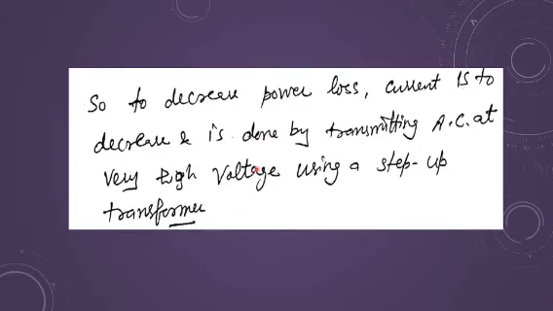So that is why when we transmit the AC, we are not transmitting at 220 volts which you are getting at your places. We are doing it at 44,000 volt or higher values, 20,000 volt. That way we are using the higher voltage for the transmission, because when we use the higher voltage, current is reduced. That is the principle of your transformer.